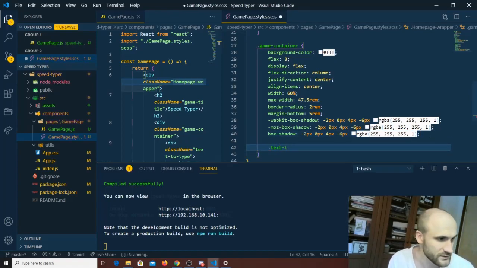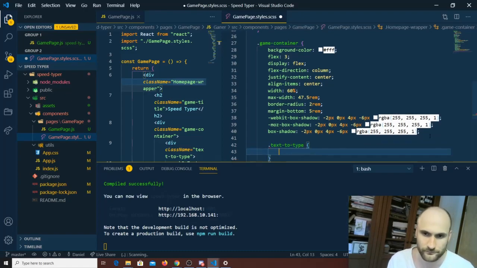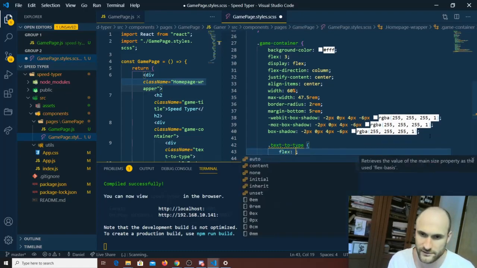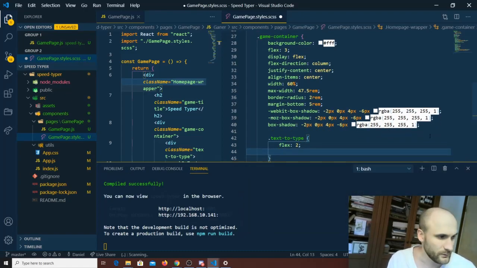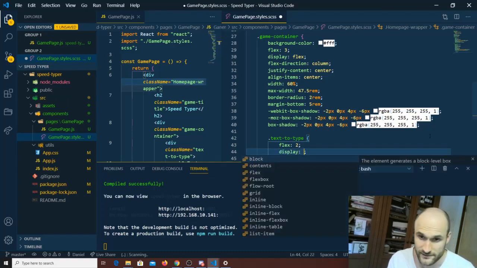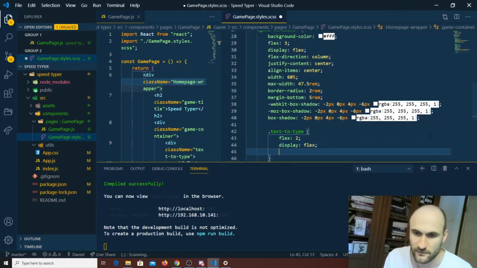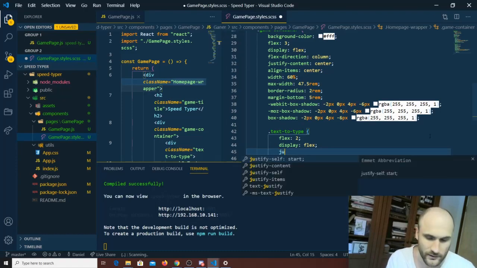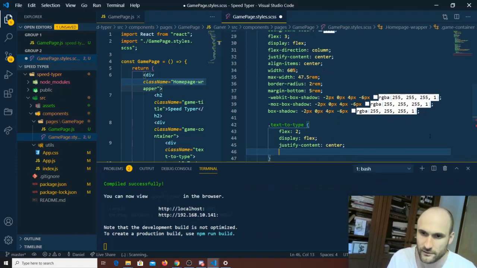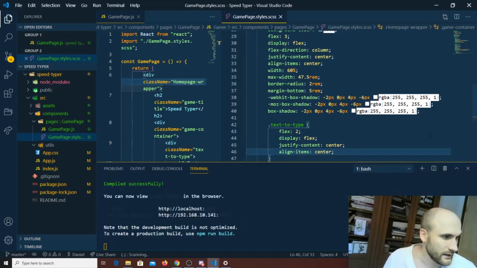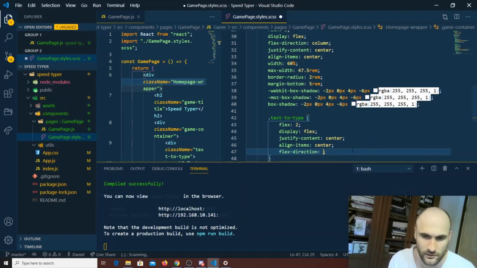Then we go and style this next component simply, which is the text to type, and it's inside the game container. So we're gonna be even more specific and write the styles in here. We're gonna have flex 2 on this one, and then we're gonna have display flex again. Fantastic tool to be able to position your items. We're gonna have justify content center, and align items center. And then we are gonna have the flex direction set to column,